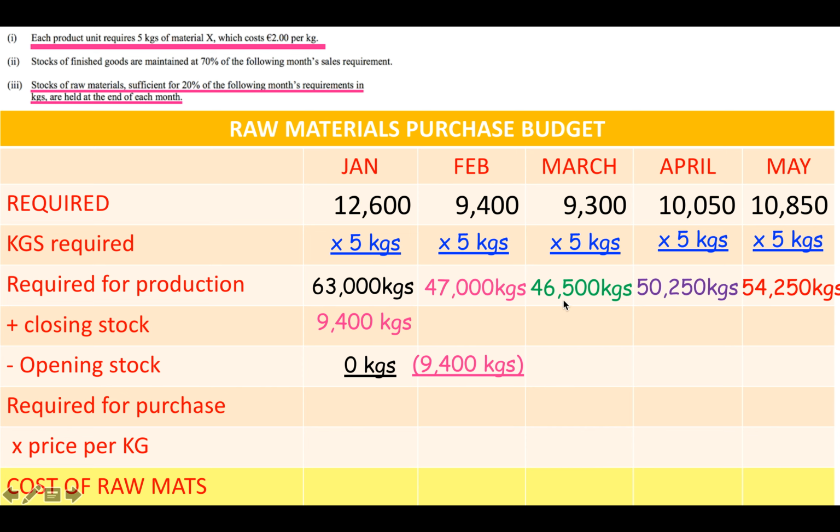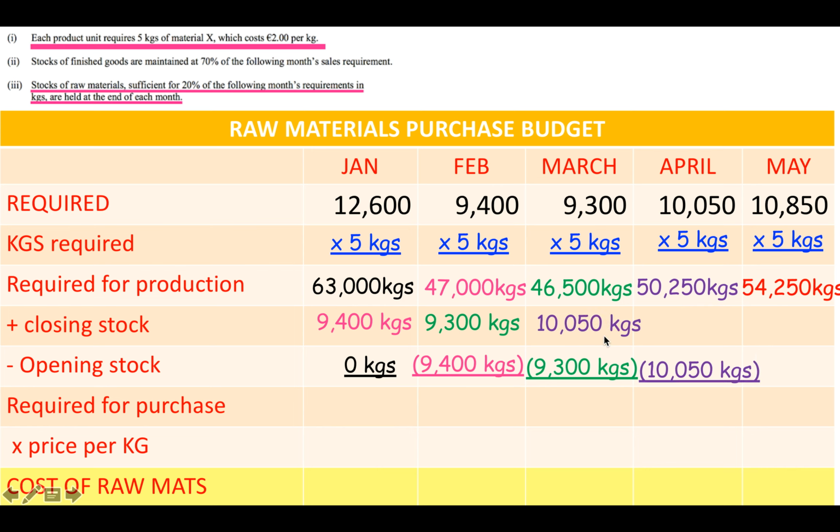March, 46,500 multiplied by 20% is 9,300 closing stock, which is going to be the opening stock then in March. April's 50,250 kgs, when I multiply that by 20%, that is what they want to have at the end of March, 10,050. And then the opening stock is there for 10,050 kgs, then that is the opening stock for April. May's 54,250 kgs that they need, multiply that by 20%, because that's going to be the closing stock then in April. So that is